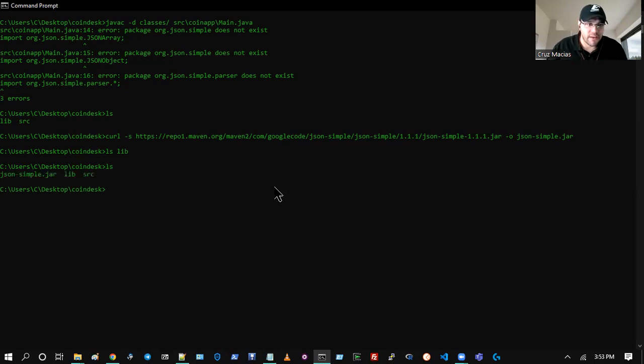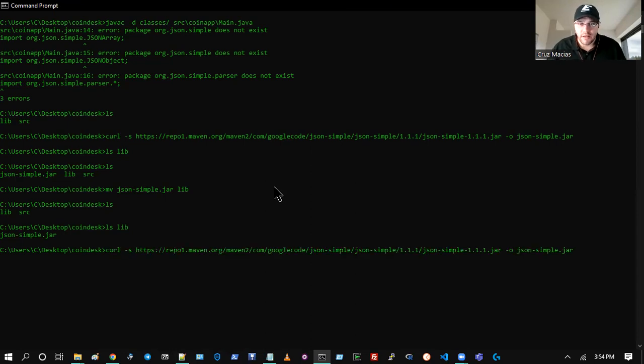Actually, I left one thing out. So it's saved it in the current path. I want to save it to the library folder. So let me go ahead and let me see if I can move it. Okay, that was successful. And then if I list lib, so there it is, right? So what I should have done for the original command is I should have included the lib in the path here. Okay. If you want, I can do that. Let me just go ahead and remove that